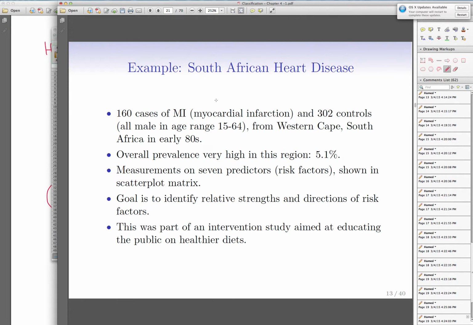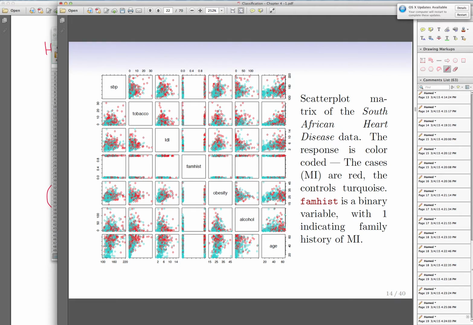The next case is looking at a South African city and looking at the data on 160 cases of heart disease. And in this particular region in South Africa, a large percentage of people suffer from heart attack, 5.1%. Why? Because they eat a lot of beef. As you can see in the next slide,